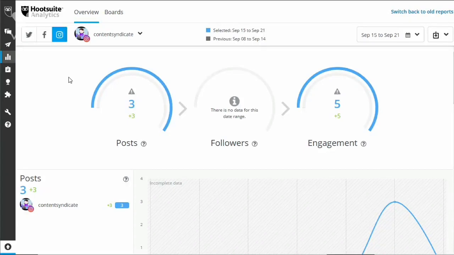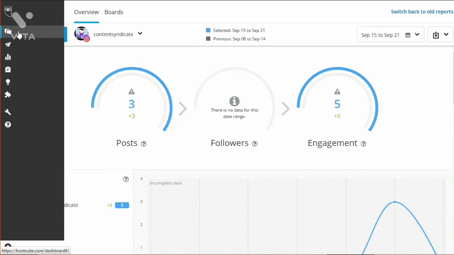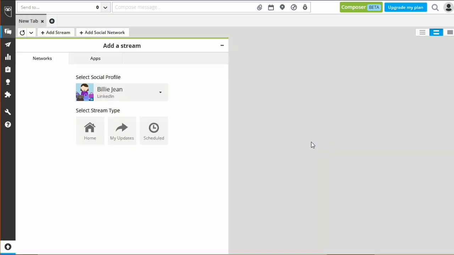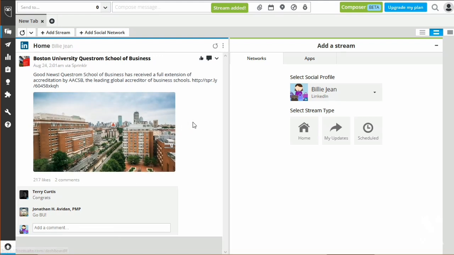Finally, you get to stream all your activities, including content that you posted from all your social network platforms. Head to Stream and you'll be prompted to choose what kind of stream you're currently focusing on. Since we're focusing on the content and activities you've posted, you need to choose Browse All Streams. What you need to do now is select the social profile you want to stream first. Select Stream Type will show you the activity you are involved in, be it liking or commenting on a post. If you click Home, you'll get to see the post you've liked previously. This also applies to all content that you've posted.